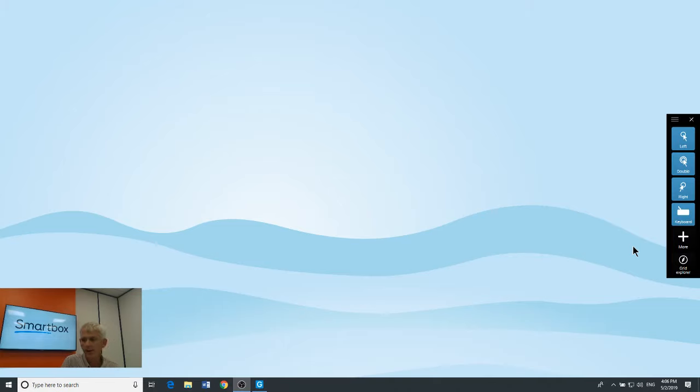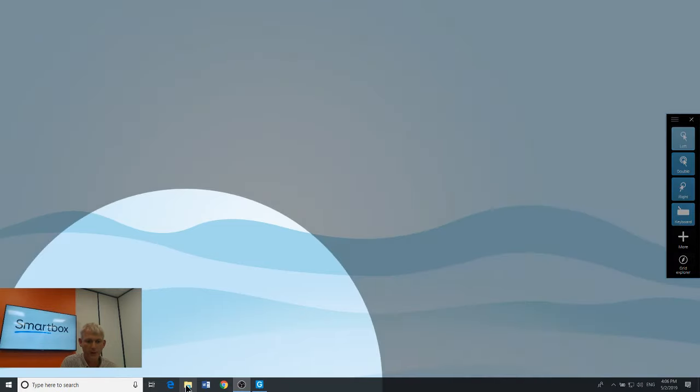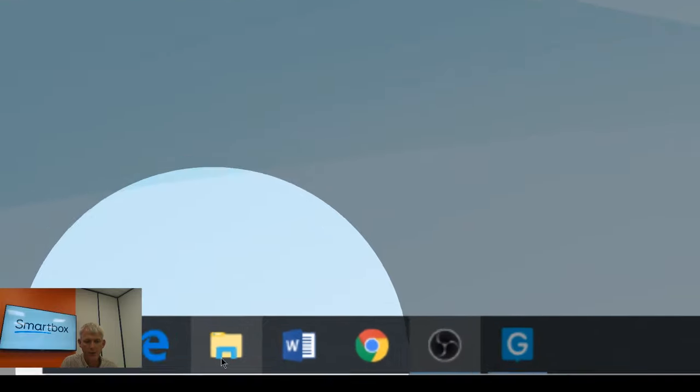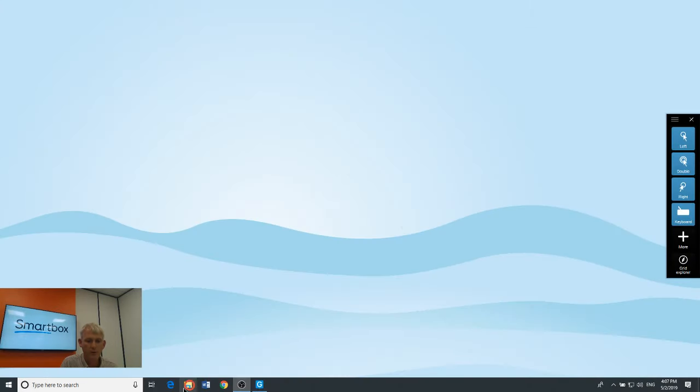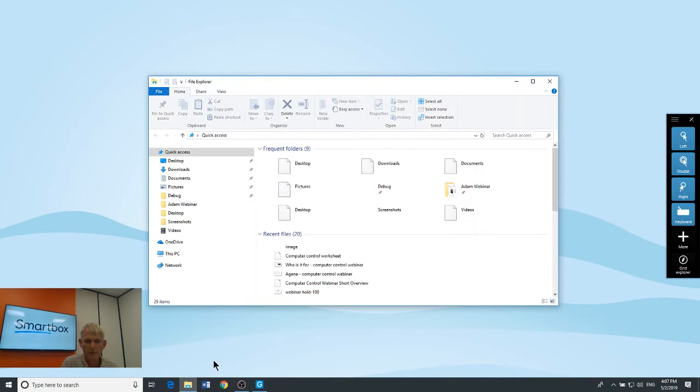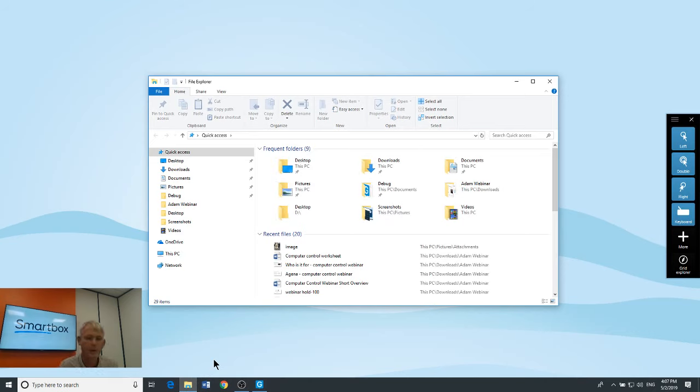So I'm going to click first of all on left, and that will activate a left mouse click mode. And as I move my mouse, nothing happens until I keep it still. When I keep it still for a moment, it zooms in on the icon that I'm trying to open and then completes a left click. There we go. My computer's running a bit slowly, but eventually, there we go. So you'll see I did a left click on File Explorer and it opens up the familiar access to folders